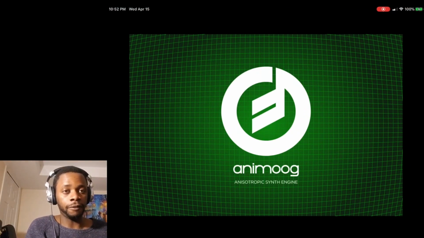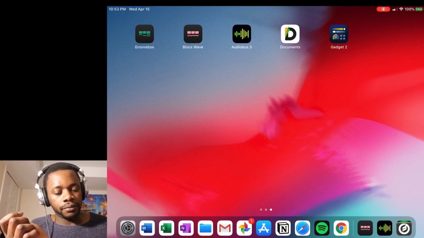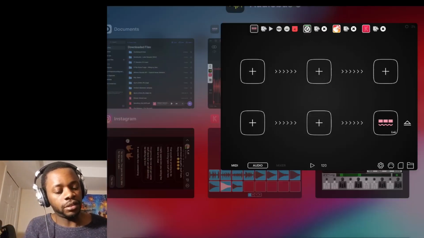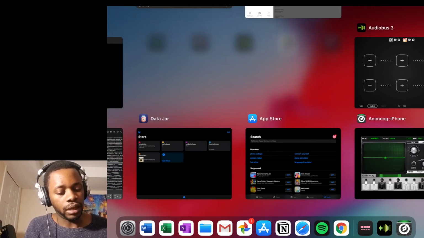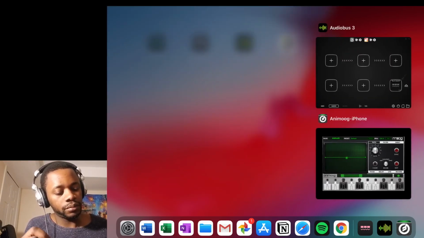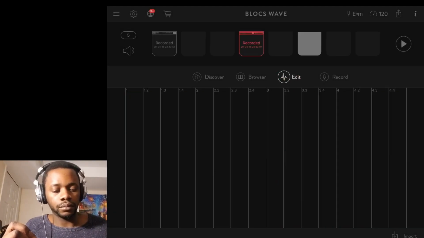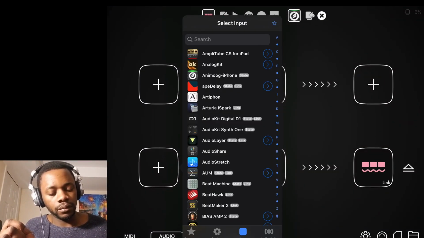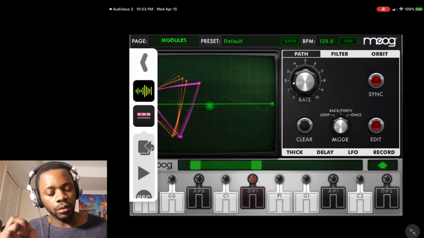So I have the Animoog for iPhone because, yeah, I'm going to go directly into using Audiobus. I'll kick out Koala. Make sure you close up all your apps because else it may not load. Yeah, I got a lot open. Want to launch this? So I'm going to look up Animoog. Gonna go over here,